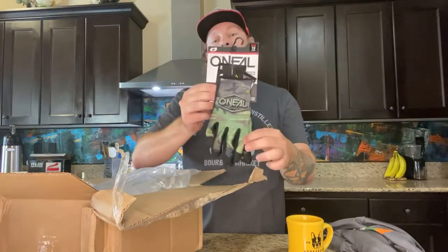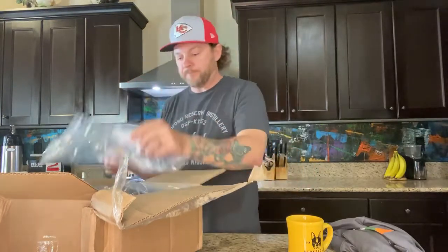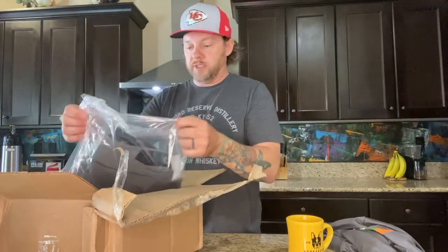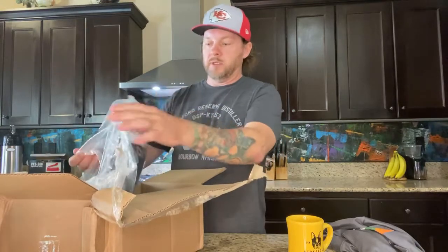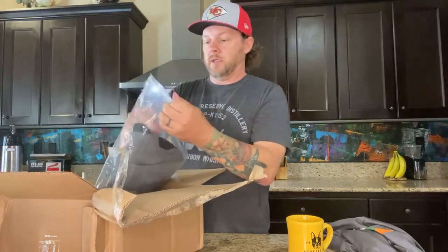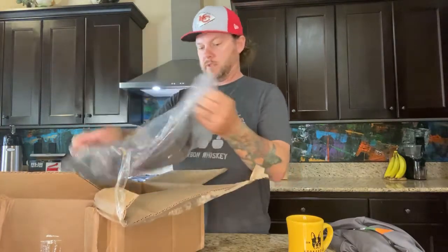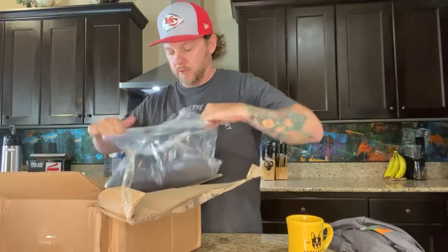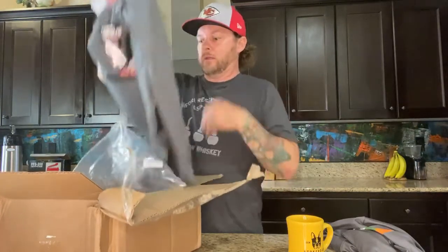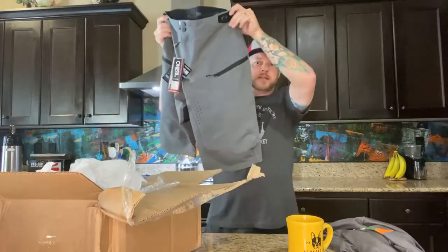This is the Mayhem camo. Love those. And I'm just venturing in for the first time into trying some of their shorts. I think these are gonna look pretty good. Looks like I just gotta tear this one. So this is the Rock Stacker short. Got 2 different models here. So here's the Rock Stacker,